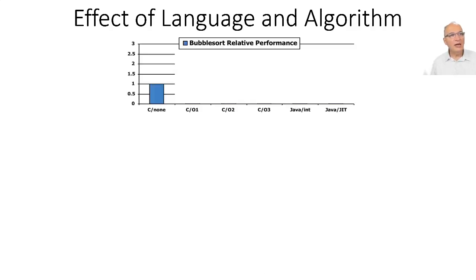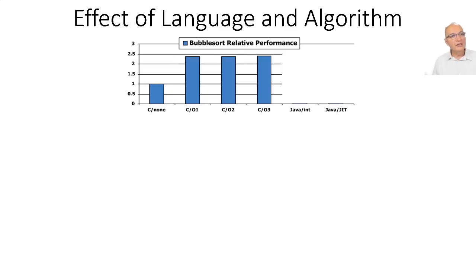Now let's look at the performance when I change the language that I use to implement the algorithm. So again, in the previous slide I was looking at C implementations, and my baseline is C with no optimizations. And this was the performance that I had when I applied optimization at levels 0, 1, O1, O2, or O3 in the compiler. What happens if I instead use Java to implement this code, and I use an interpreter.